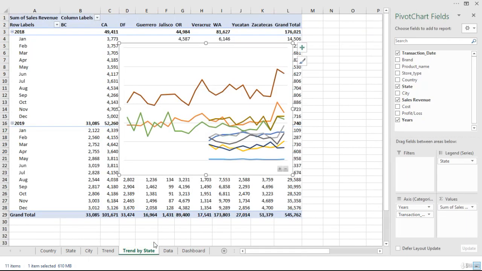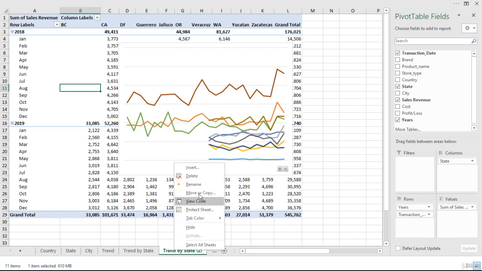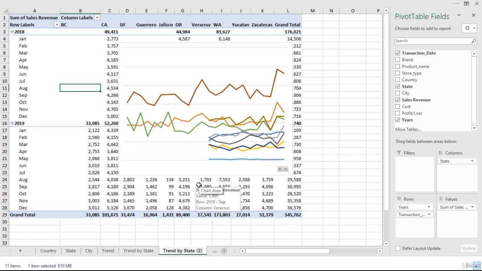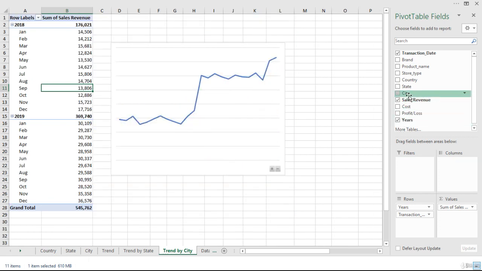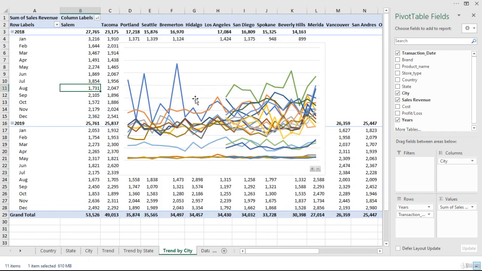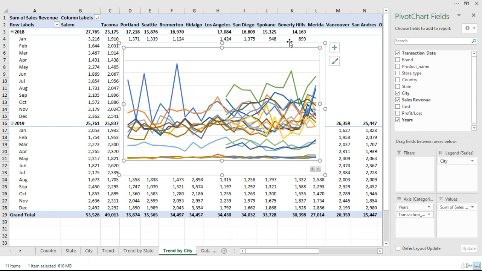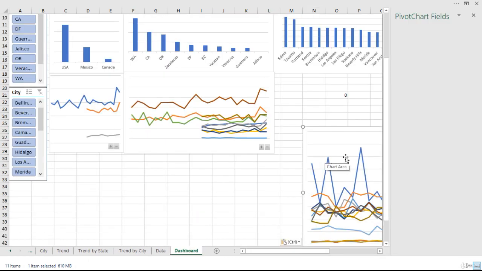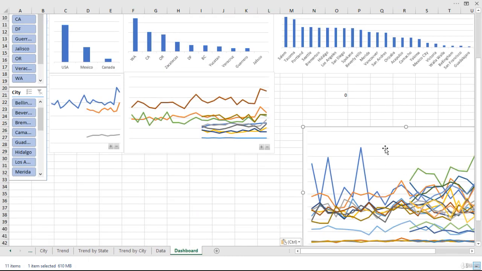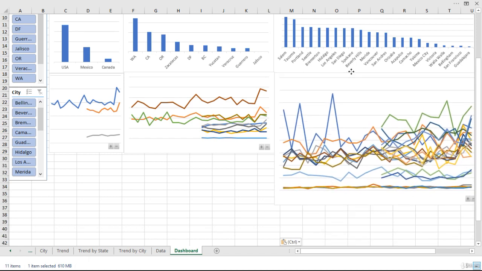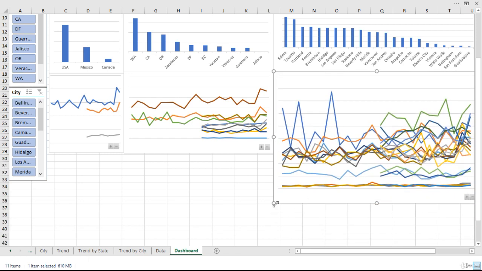And now let me copy and paste this sheet here, and then I will rename it as trend by city. Now that we have trend by city, let me remove the state from here and get in the city. Now there are so many lines, of course, together this is not making any sense, but do not worry, on the dashboard they will make much more meaningful sense. So I will just copy it here and bring it at the top,